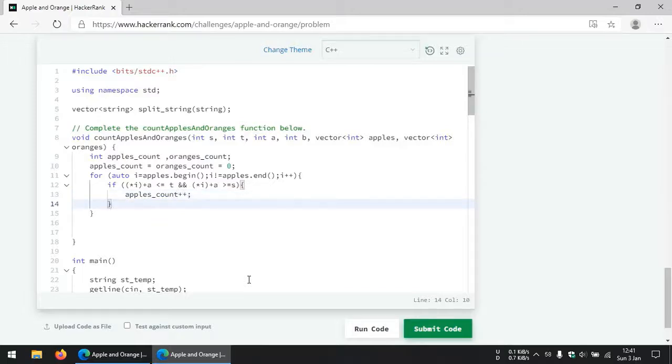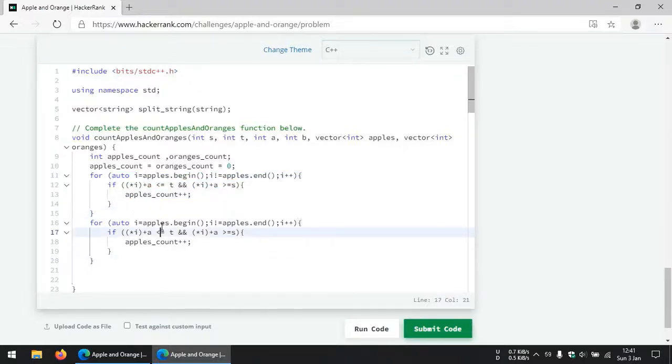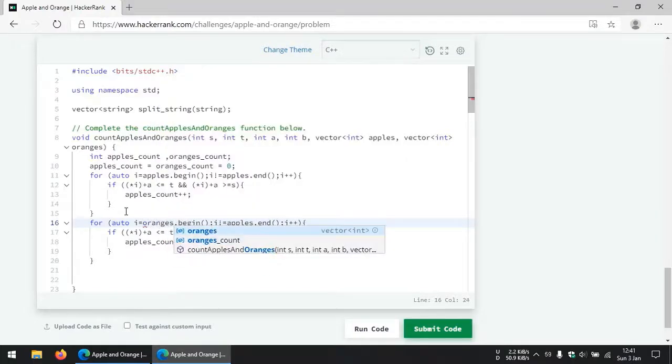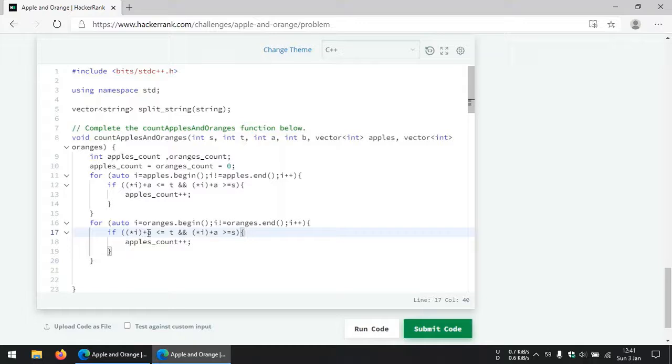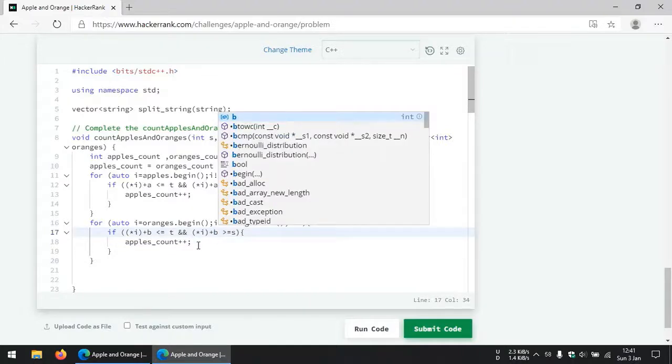Similarly, we can copy this code, since it's the same for the orange as well. We just change these apples to oranges. The orange tree is at the point B, so instead of A, we'll use point B to add to that array element.